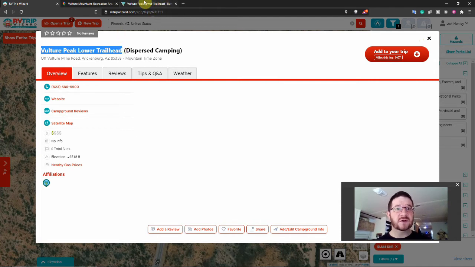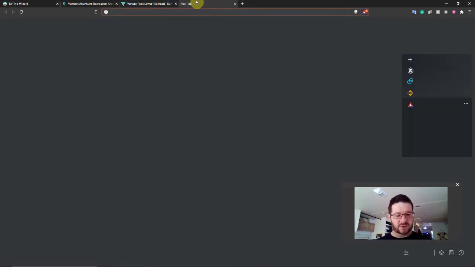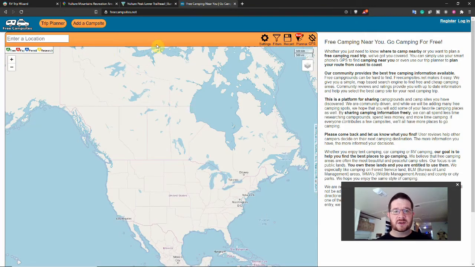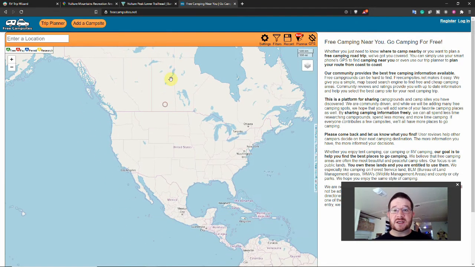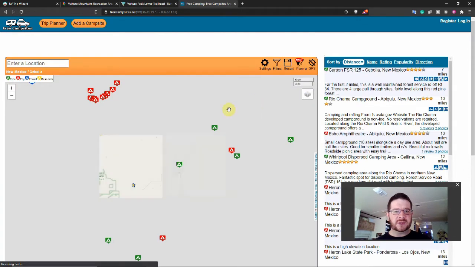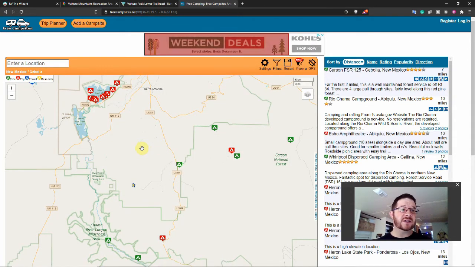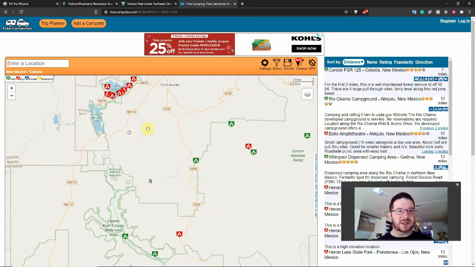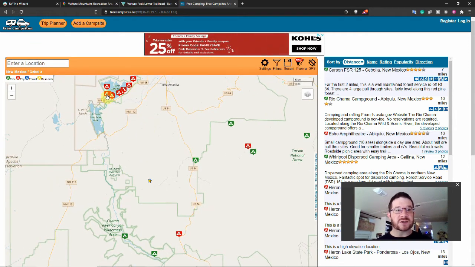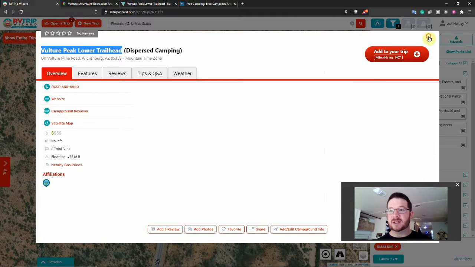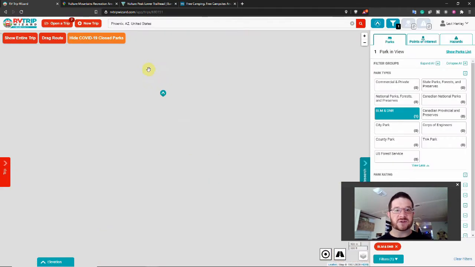is we're going to go to freecampsites.net. Now, this does have a planning feature, and it does help you find free campsites. The only thing that I don't like about it, to be honest, is the markers. You basically have free, pay, permit, and there's no marker that, case in point, if you got RV Trip Wizard,